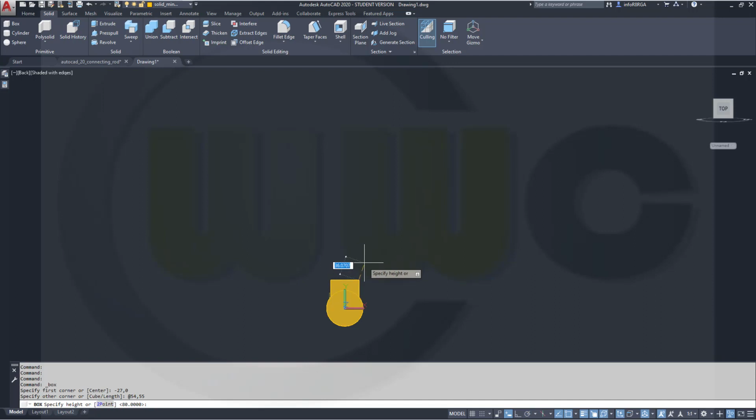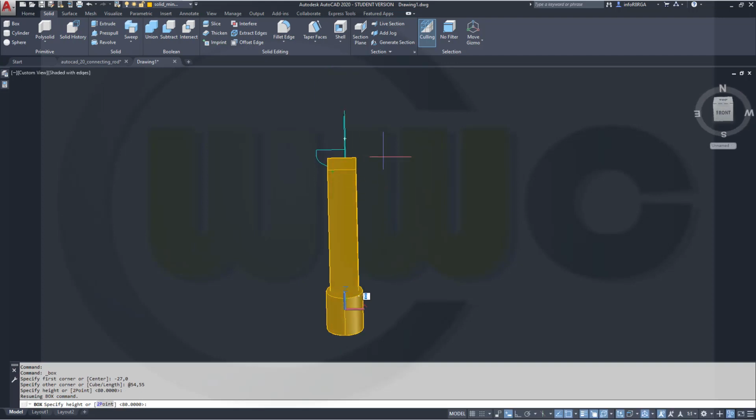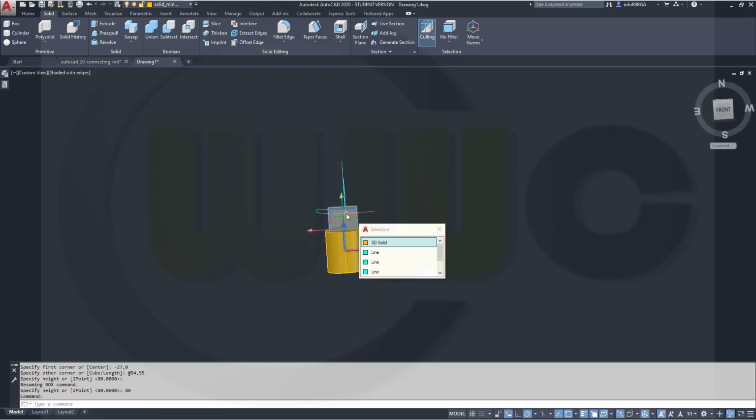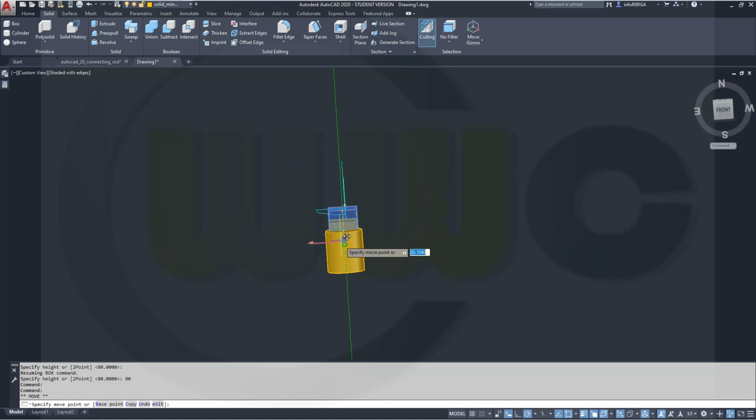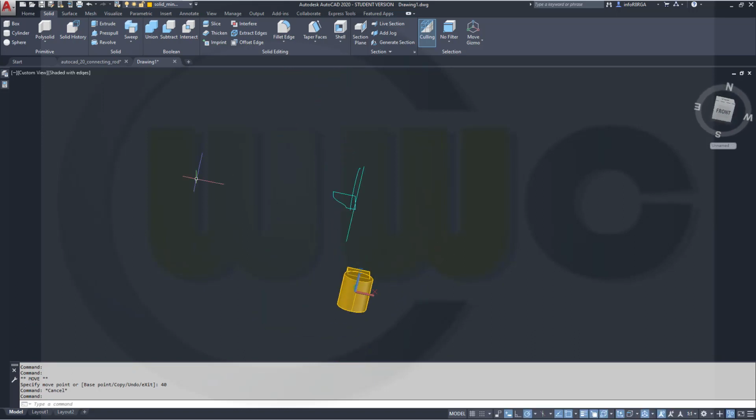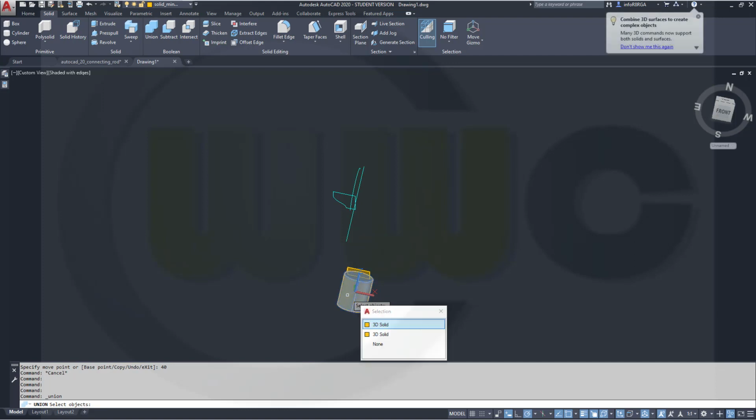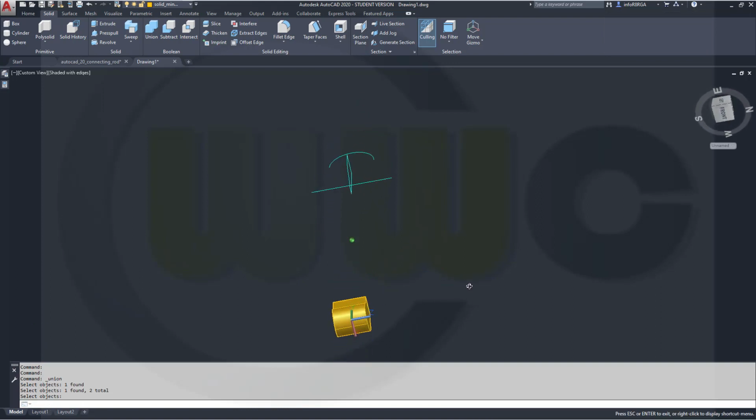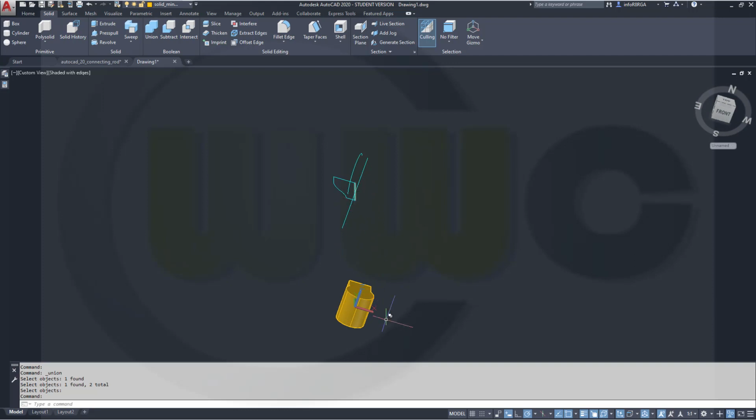Yep, and the height could be again 80. Then move it down by 40. In that direction, 40. Now I could, of course, make a union between those two. Enter. Okay, and I will need the same object here, but first I